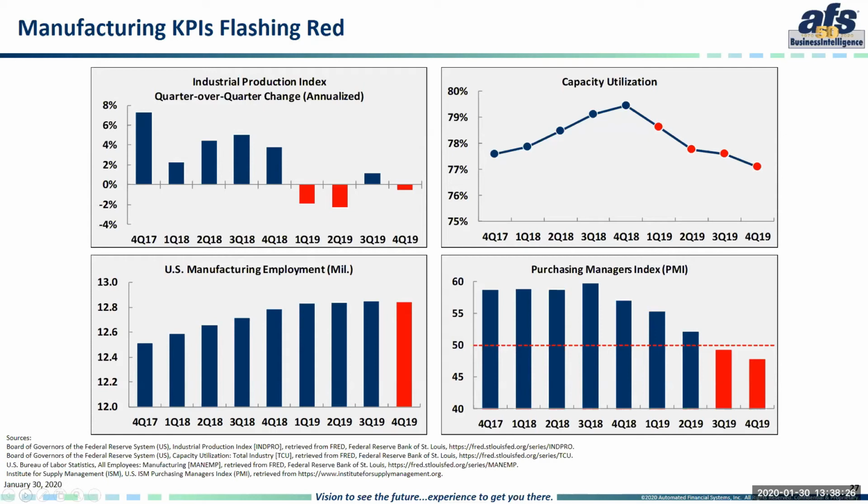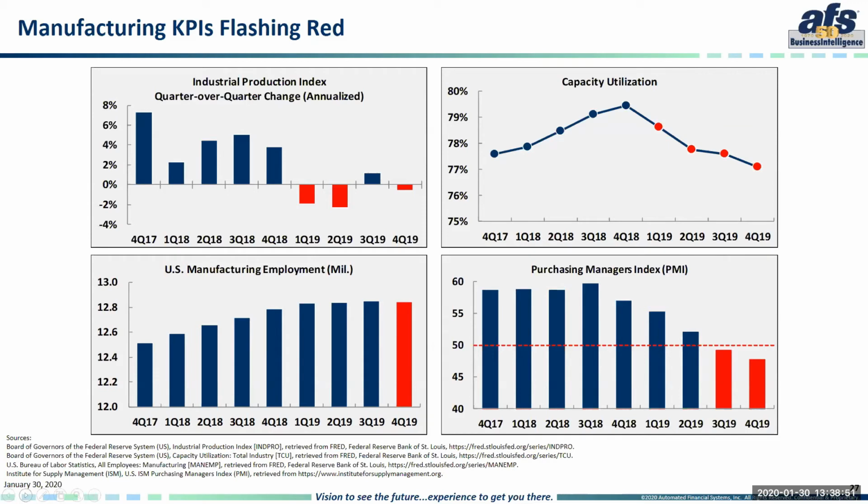So let's start in the top left corner here. On that chart, we plot the industrial production index, and you can think of that kind of as a GDP measure for the manufacturing sector. Notice that in 1Q19 and again in 2Q19, the quarter-over-quarter change in the index was negative, which technically met the definition of a recession. It did bounce back a little bit in 3Q, but as of 4Q, it again was